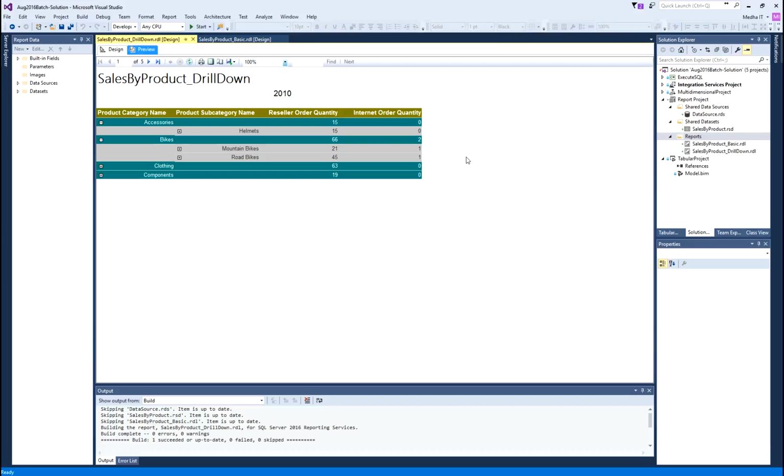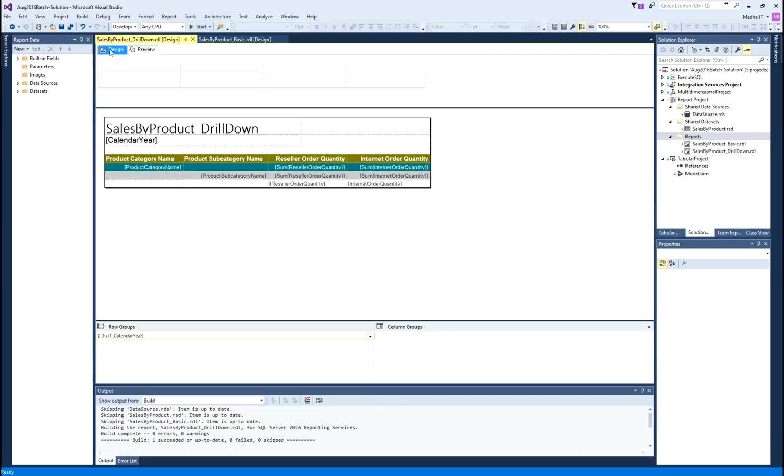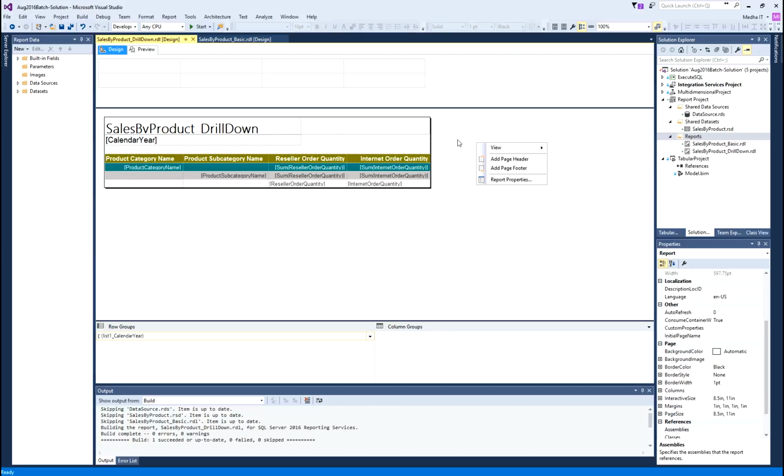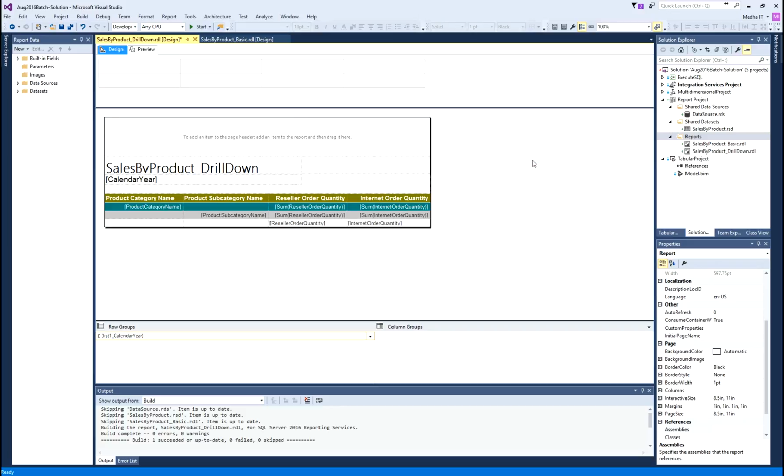Now, we will talk about header and footer. How to add header and footer into the report. So far we just built a report, right, this is just the body of the report. To add a header or footer, I need to go to the design page and then right click on the window, and I can say add page header.